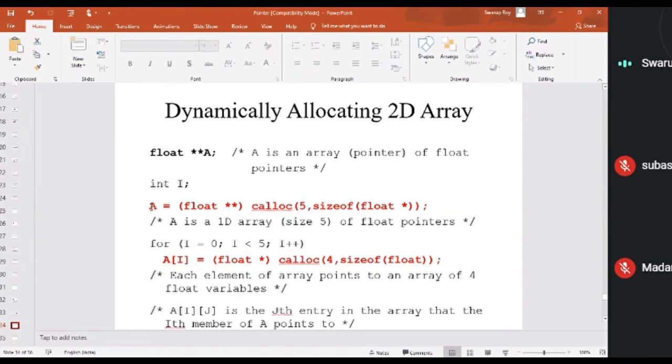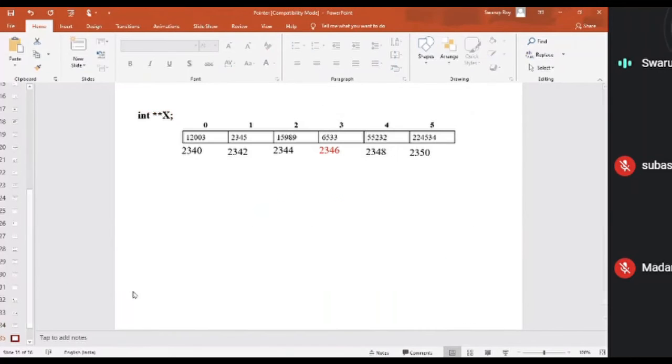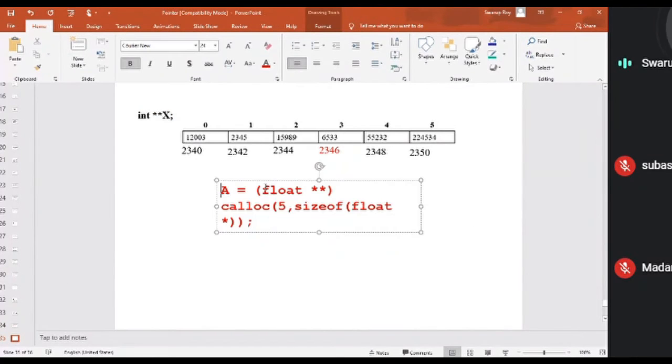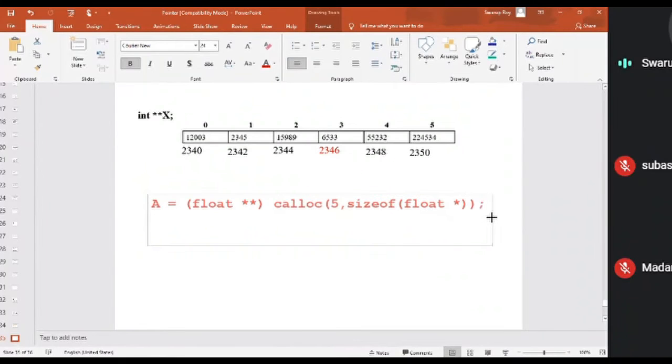Let us assume this is integer. I'll use that particular function call.